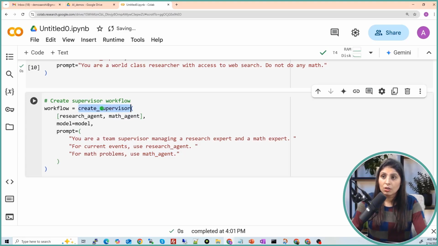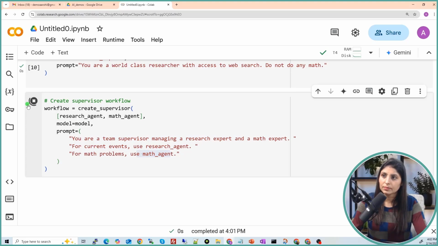We told this supervisor that you have these two agents, and we are providing the LLM to it. The LLM is OpenAI's GPT-4o mini model, and we are providing this prompt. The prompt will guide the supervisor on how to work. So you are a team supervisor managing a research expert and a math expert. For current events, use the research agent. For math problems, use the math agent.